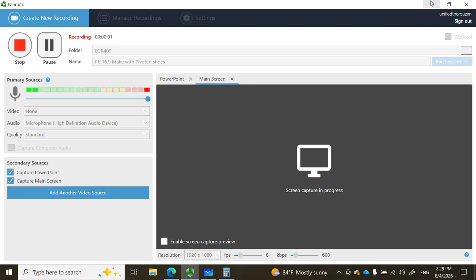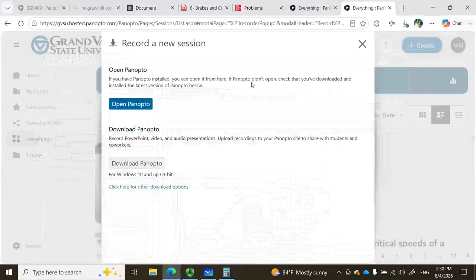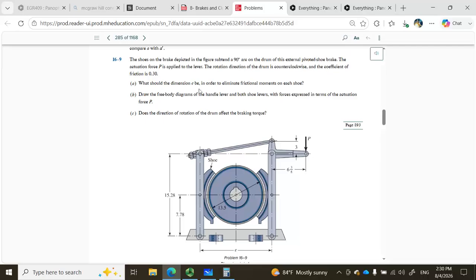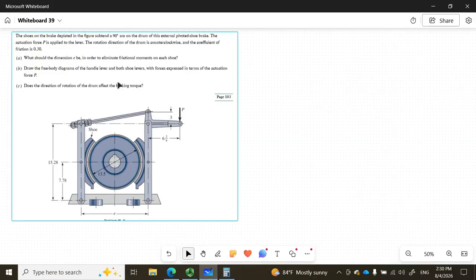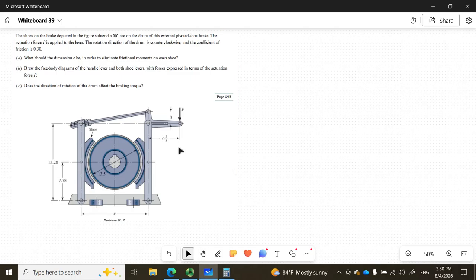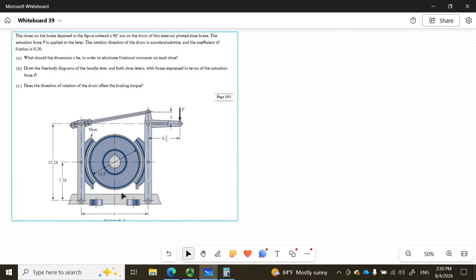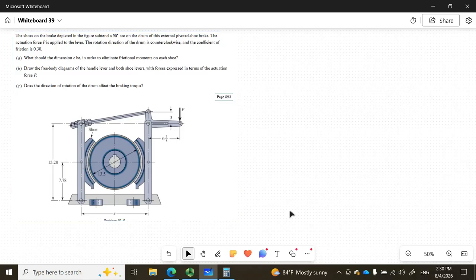In this video, I'm going to do this problem. It's a brake system with pivoted shoes. So you see here we have a drum, has diameter of 13.5, and then those pivoted shoes, you see here there's a pivot here, there's a pivot here. Then we're going to see